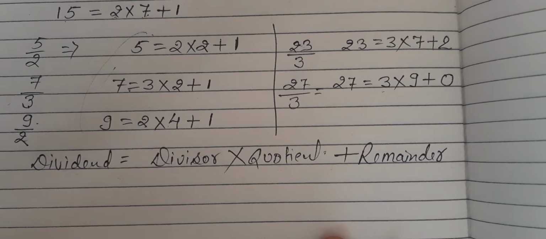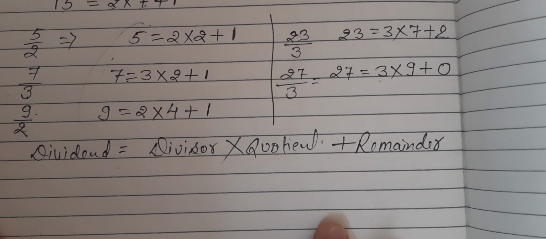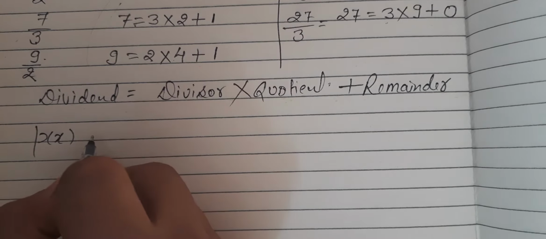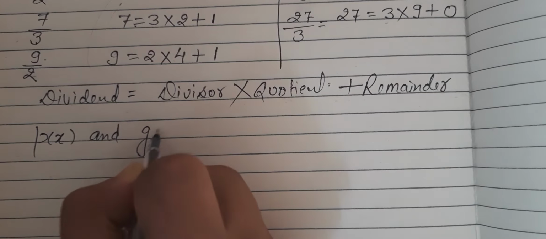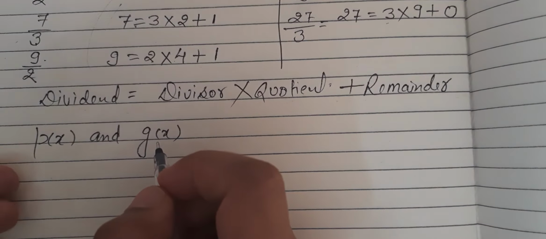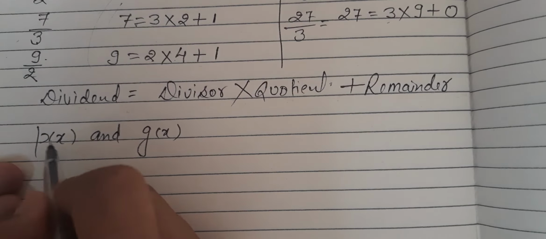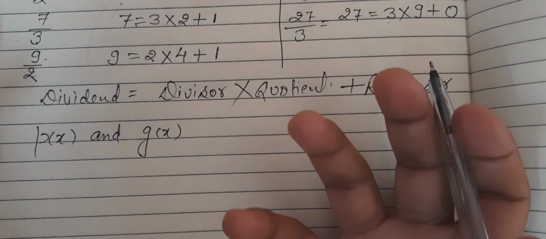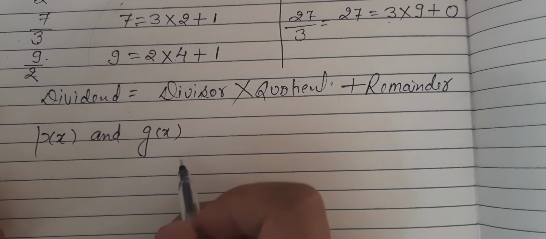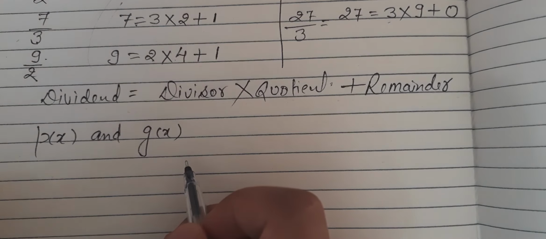Now same thing is applicable for polynomials. Suppose we have two polynomials, p(x) and g(x). Okay, these are just names. We can have x square plus 2 and here x minus 1. So in general we are writing two polynomials p(x) and g(x). And